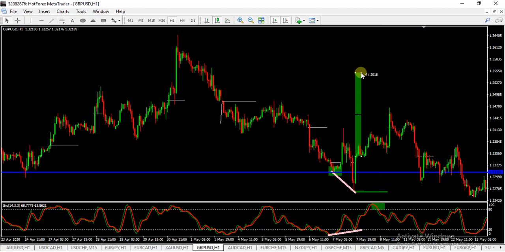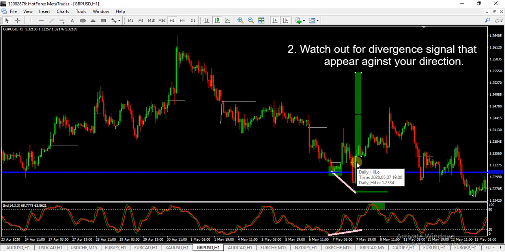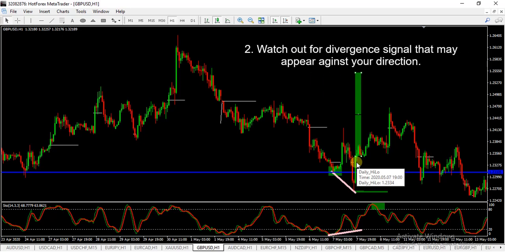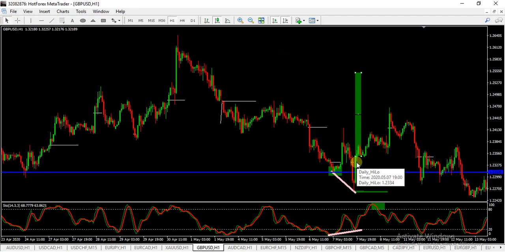Secondly, watch out for the market. The moment you've taken a successful entry, watch out for what? Divergence as well. Most time before the market reverses, it brings up divergence. It shows you a divergence. So the moment you get an entry and the market is successfully going your way, but all of a sudden you see a sudden difference between the oscillator and the price, which is the divergence we're talking about,